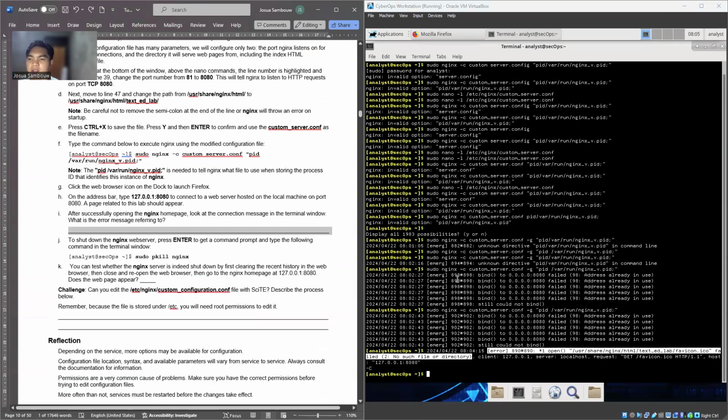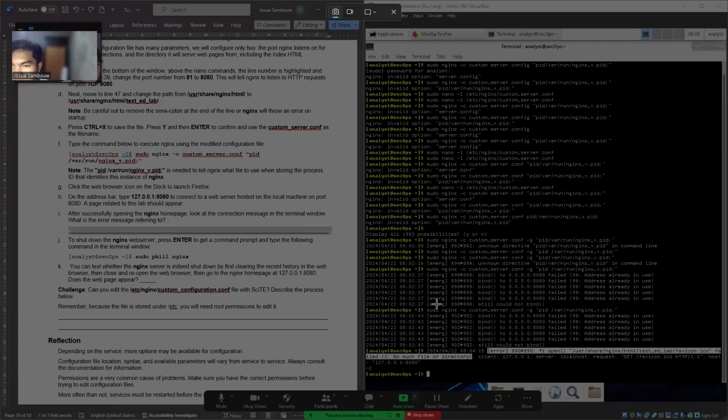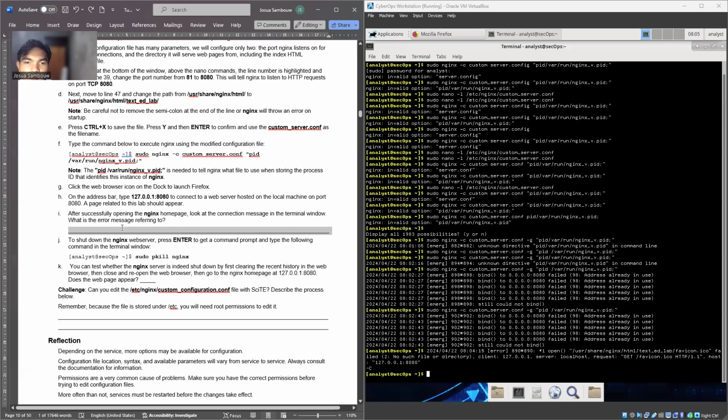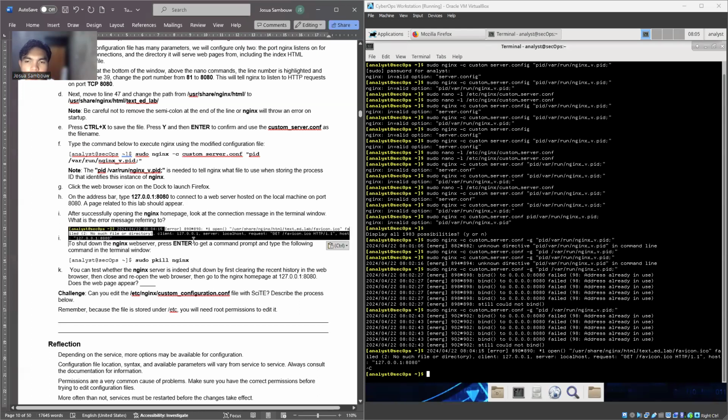Oh, I know how to do it. Just take a screenshot. This is the error. To shut down the server, please enter to get the command prompt by following. Okay, I already exited.